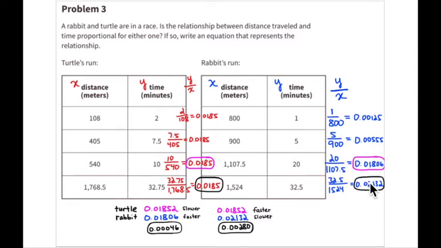So what's the rabbit doing? The rabbit is slowing down. The rabbit's taking more time to run a meter. So its time is increasing in terms of minutes per meter. This number is getting bigger. And if you compare the two,